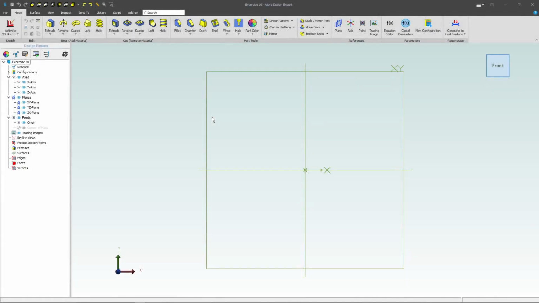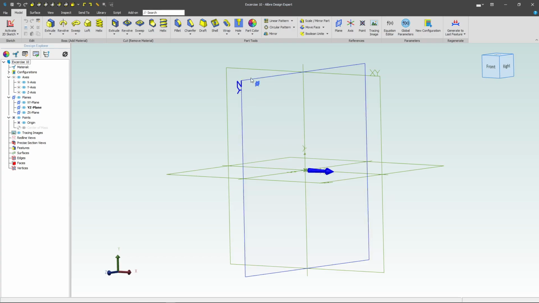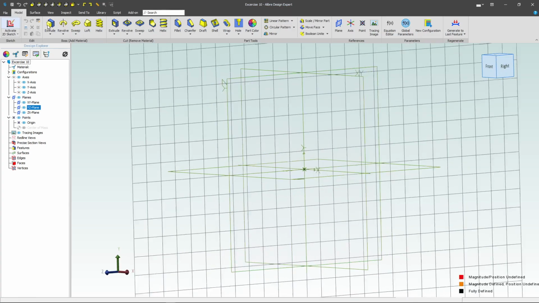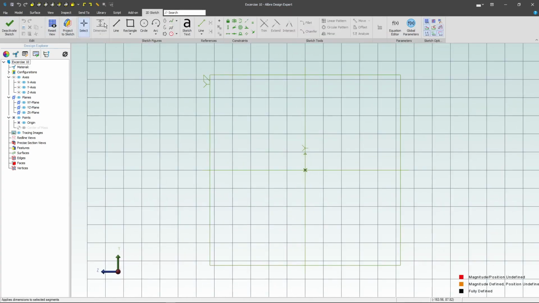Welcome to exercise 10 in the practice parts. Let's get started by sketching on the YZ plane. And I'm going to sketch out a nice little path. I'll start with a line that goes just below the origin, and then I'll choose